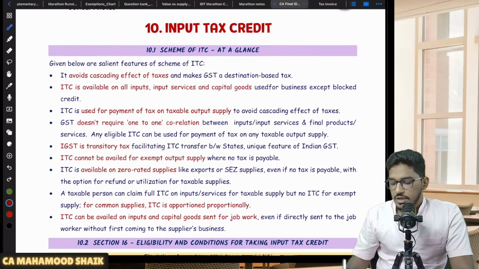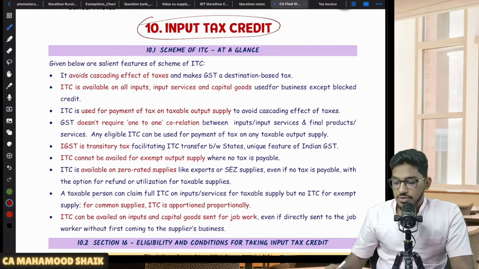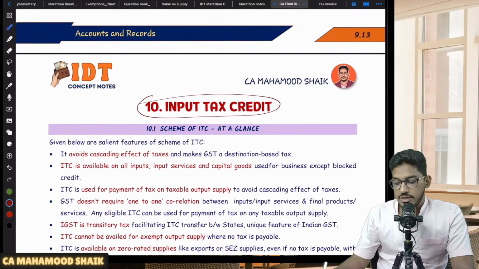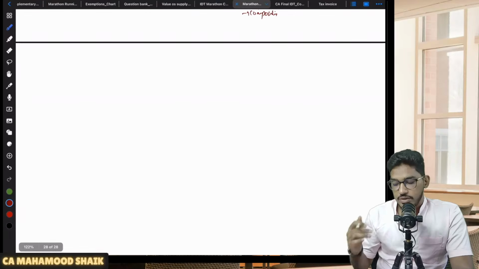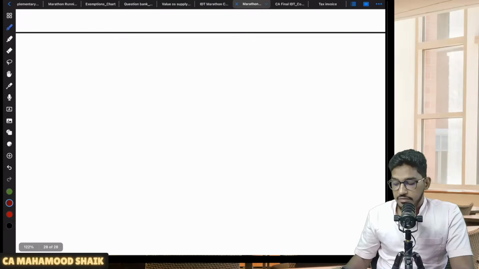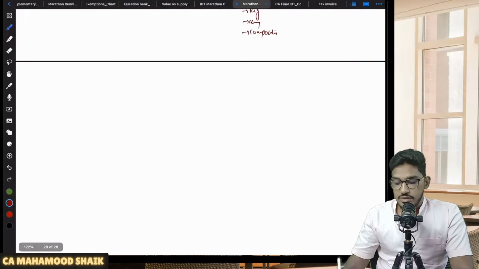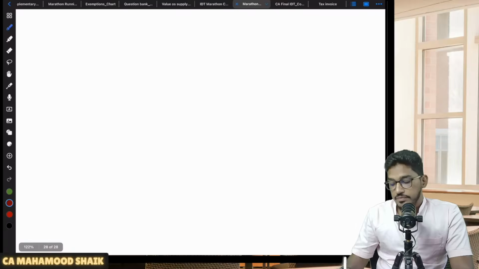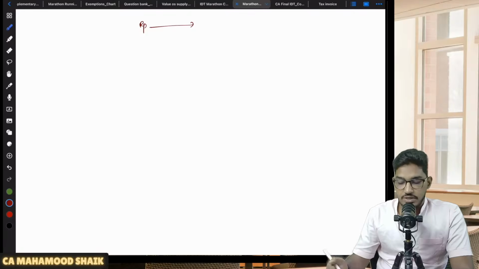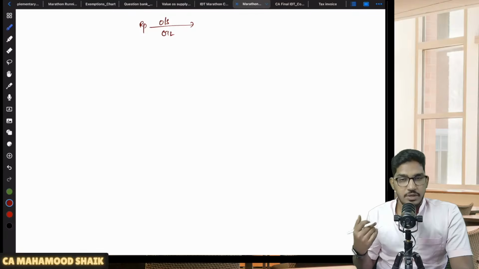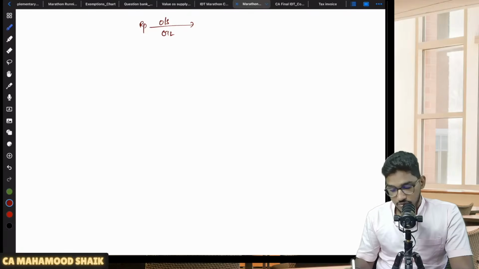So let us go into the discussion directly, but before that, let us have one quick overview. If you remember the intro part, when I gave you the introduction to the overall concept of GST, I told you that if you are a registered person, you will make outward supplies, outward sales, outward supply of services. On your outward supplies there will be a liability, because whenever you make any supply, GST will be attracted. That GST liability we call output tax liability.